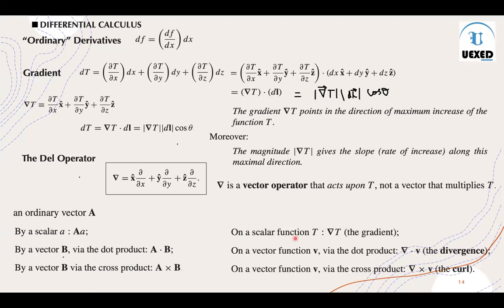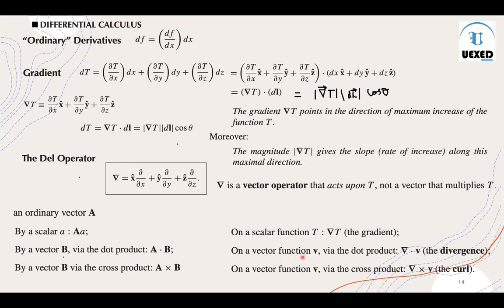But when we talk about this operator, what is going to happen is that on a scalar function, when it acts, it gives a gradient. You see the difference now. And this is going to answer your question which you just asked. When an ordinary vector acts on a scalar, it is just multiplication and scales up the vector, but this is defined as a gradient. If you take the magnitude, you can say this is nothing but a rate of increase, or the slope, because this is a differential operator. This is the difference. Then you have an ordinary vector.